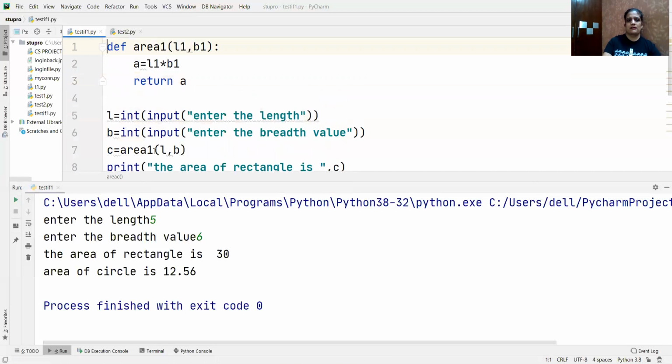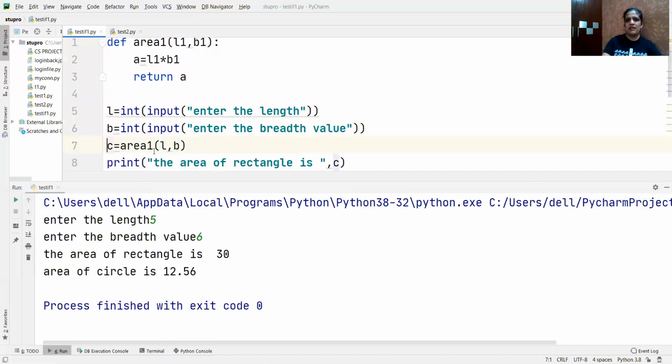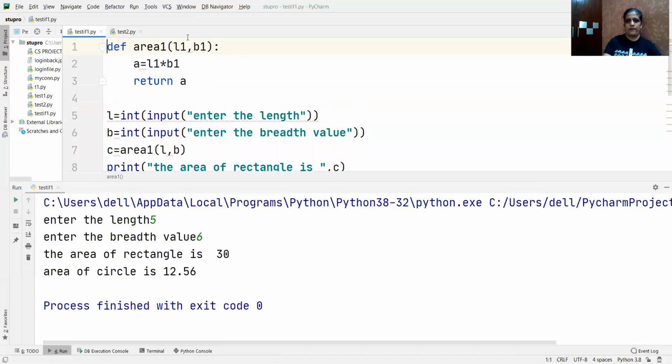Okay. Another method is if you want to pass the parameters. Outside of the block, you have to call the statement. Say as L is equal to, मैंने एक statement लिया, enter the length. B में दूसरा statement लिया. In C, I'm doing the calculation. And I'm calling this function. So, जैसे आपने call किया, it will take L and B value from here and pass it to L1 and B1. ठीक है, और process इसमें आएगा. L1 में क्या आ जाएगा? Whatever the value you have passed, say as I have passed here 5, L1 will take 5 and B1 will take 6, जो कि B के through उसमें गया. उसने calculation किया 5 into 6, the result is stored in 30 and it returns the value.